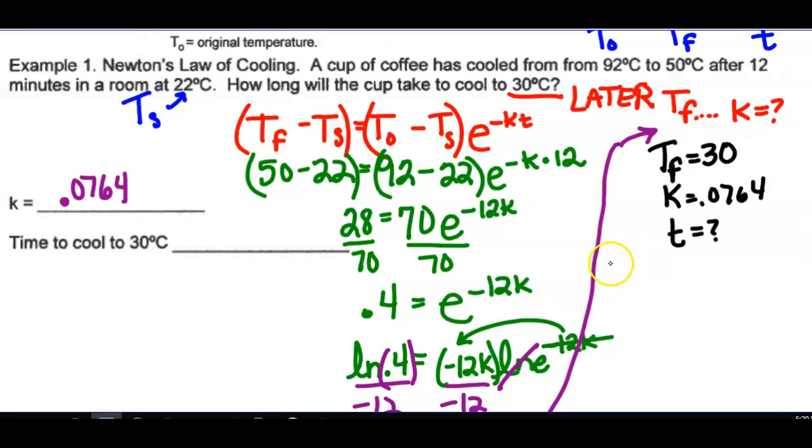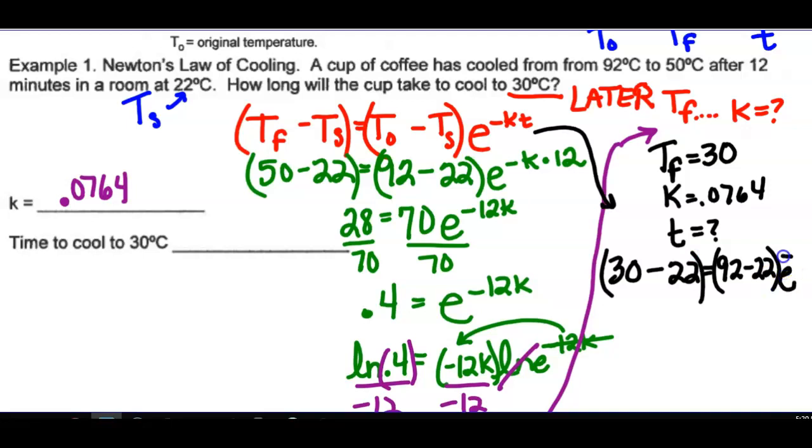I'm going to try to write small here. T sub F will be 30. I'm using this red formula all over again, okay? 30 minus T sub S, the room is still 22, equals, we started at 92 and we're going to keep that as our original temperature because we're going to say how long did it take from the beginning, not how much longer. And then e to the negative,